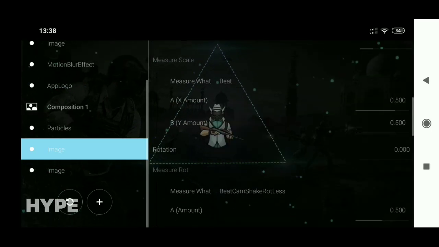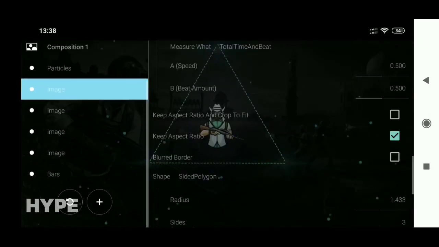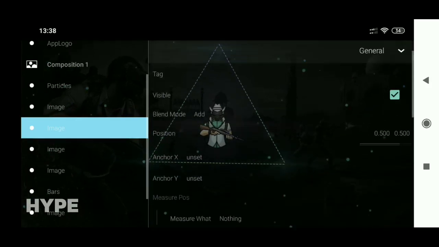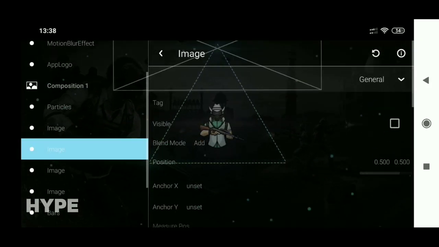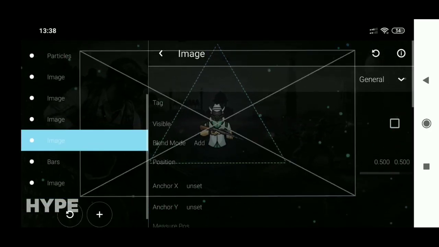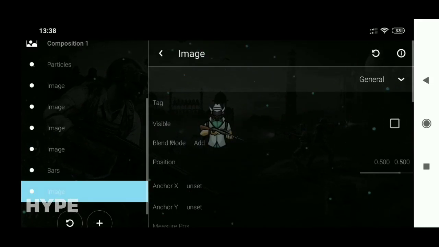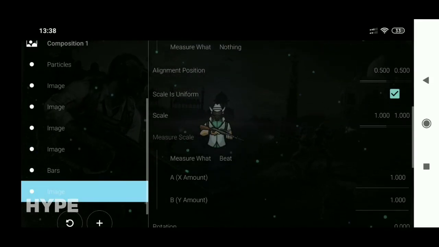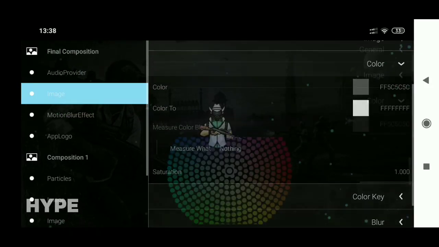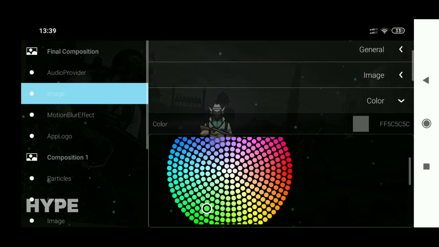Now we are turning off all these layers which we don't want. These are extra layers, so just turn them off by clicking on the tick mark, and the bars will also disappear. Don't turn off the last layer. This is our glowing effect layer, we need this one. Go to the color option and change the second one, white color, to green, because the logo is in green color.